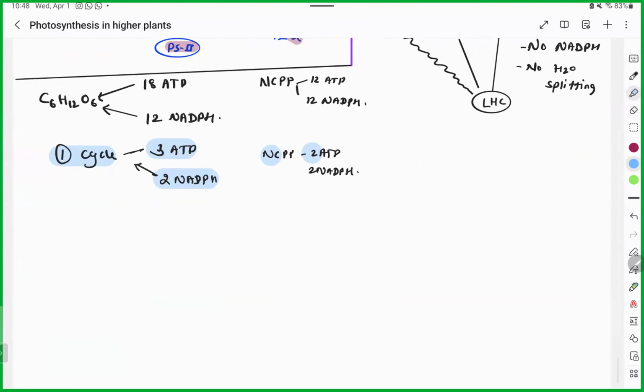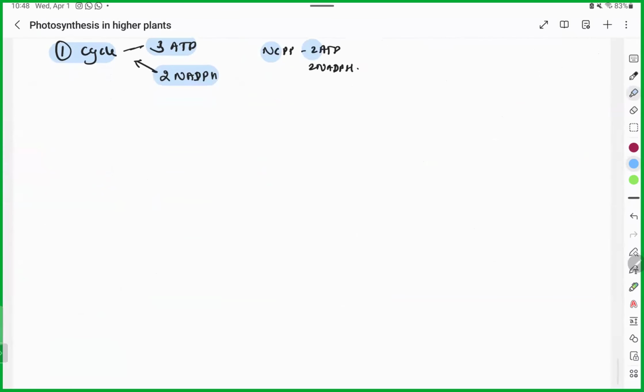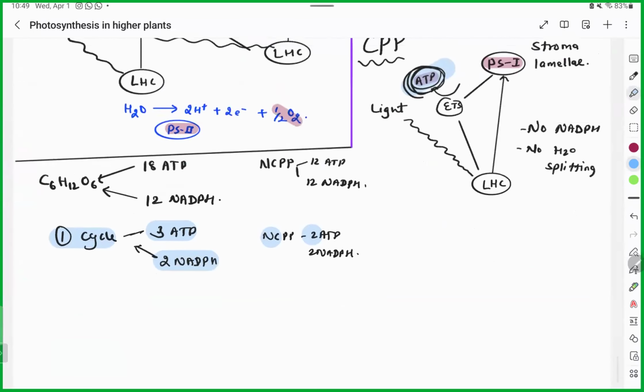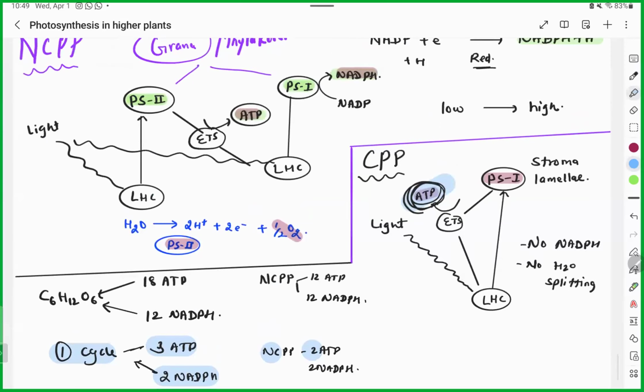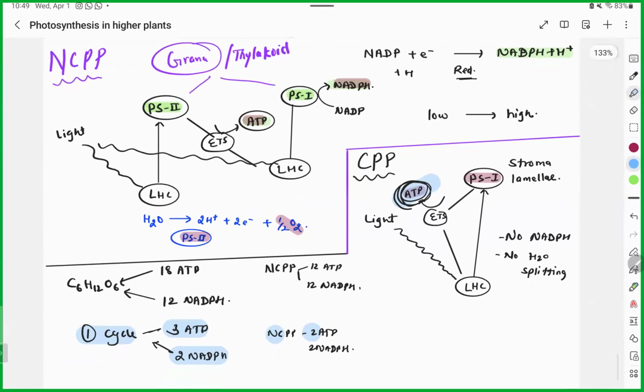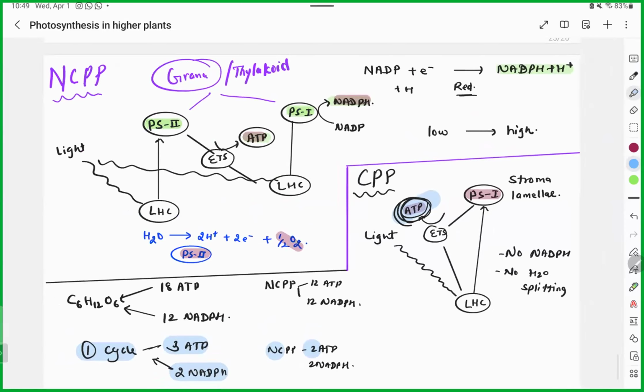So as of now, what we understood: when light falls on the leaf, oxygen is produced. Other than oxygen, water breaks, electron transport happens. Because of electron transport, we get all our products. If somebody asks you to summarize the light reaction, the summary will be: